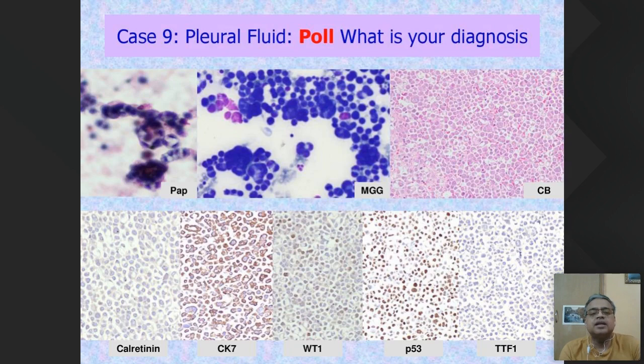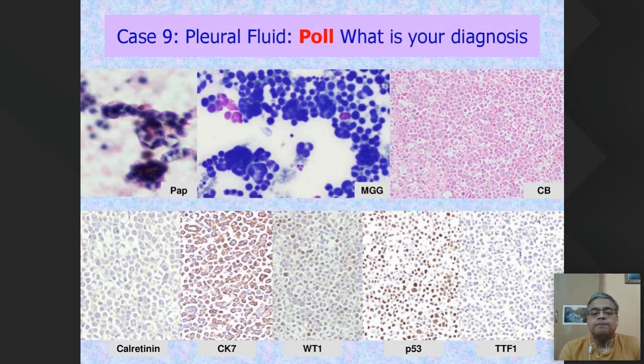It did a cell block and it was rich in cellularity, very rich in cellularity. You did a calretinine and it was totally negative. You did a CK7. Now CK7 comes positive in mesothelial cells. So CK7 is a very difficult marker for you to use. Okay, and if only CK7 comes, calretinine is a fairly reliable marker on cell block. So CK7 positive, calretinine negative, you have a thinking that it could be a carcinoma. WT1 is only focally positive like this.